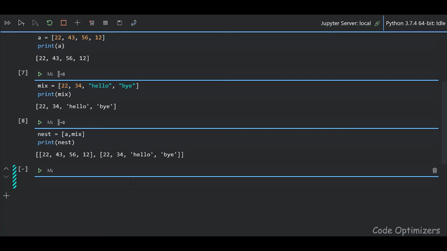Now lists are ordered and have a definite count, so we can access a list element using the index of the element, and indexing in a list starts with 0. Now let's first make a new list. We take num equal to 1, 2, 3, 4, 5 and 6.